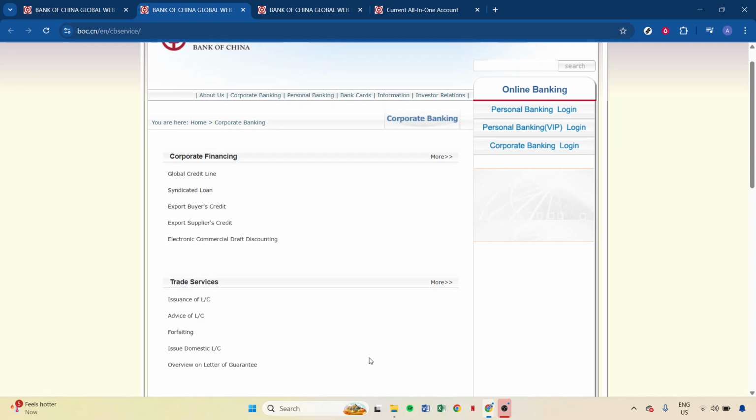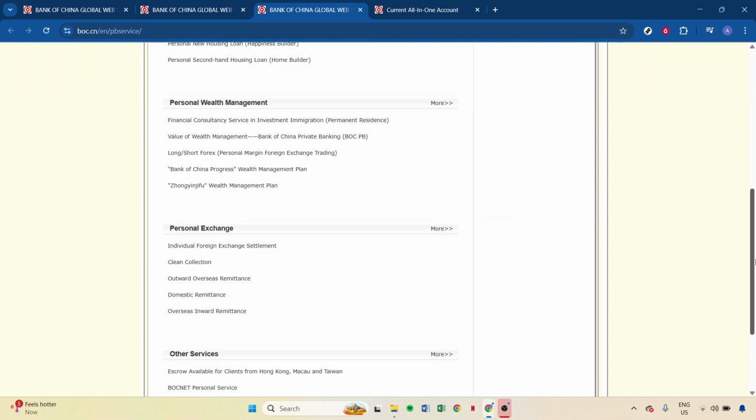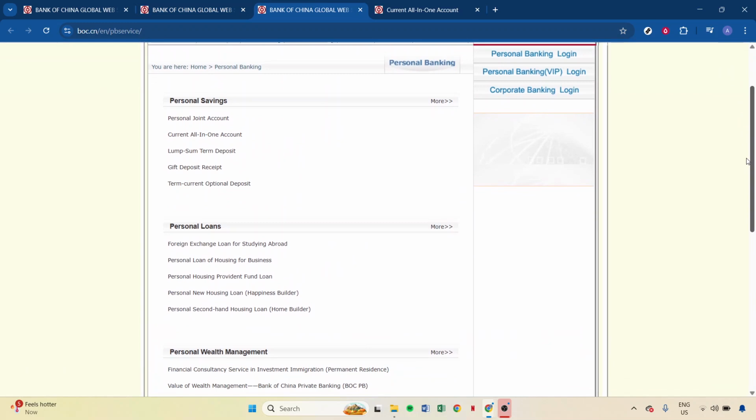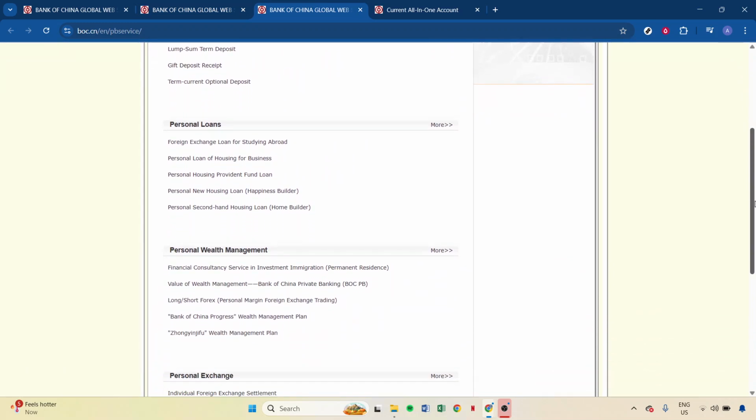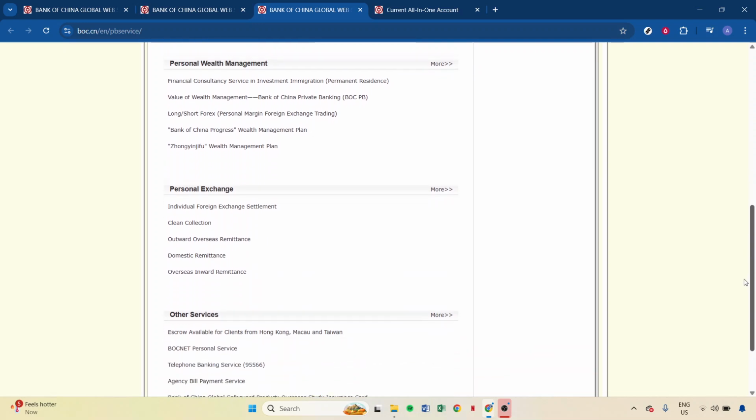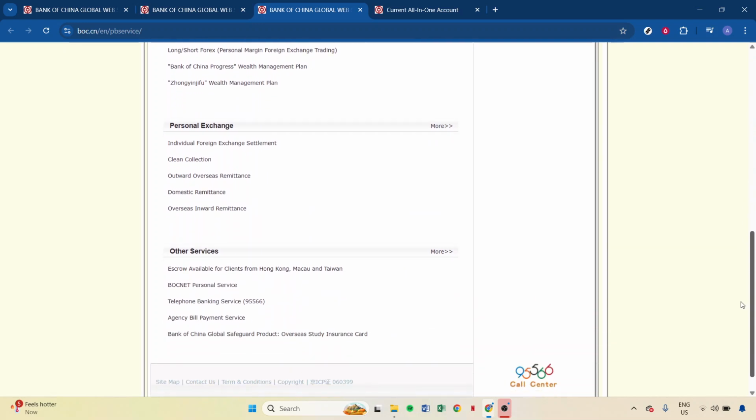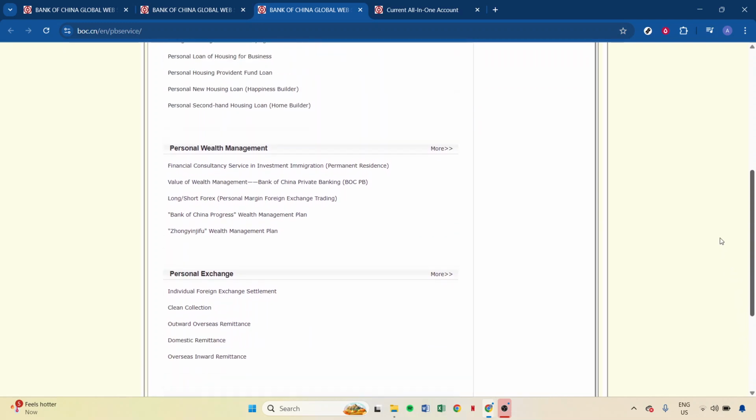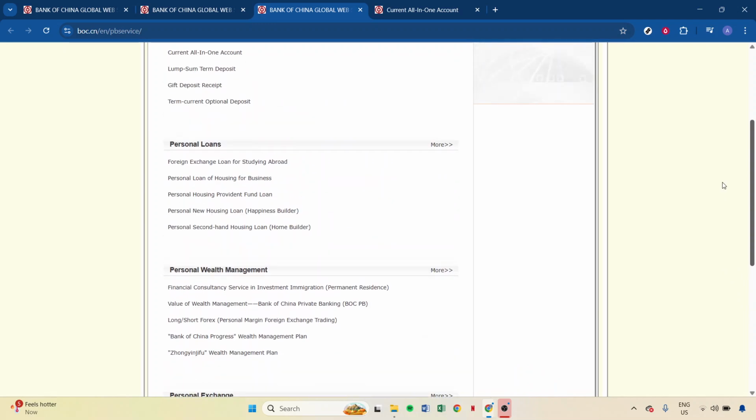On the other hand, if a personal banking account is more in line with what you're looking for, you'll come across categories such as personal savings, personal loans, personal wealth management, personal exchange, and a few additional services. Similar to corporate banking, these categories have subcategories that cater to various personal financial needs. Whether you're looking to save for the future, obtain a loan, or manage your personal wealth, there are tailored options